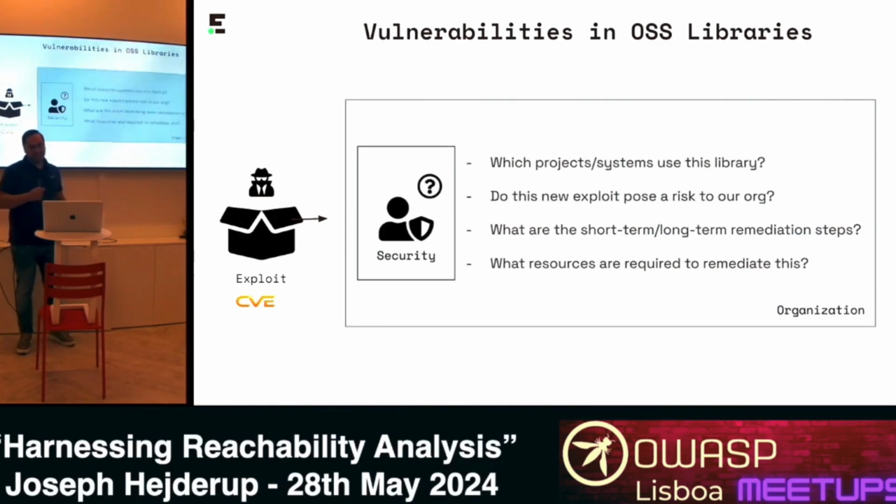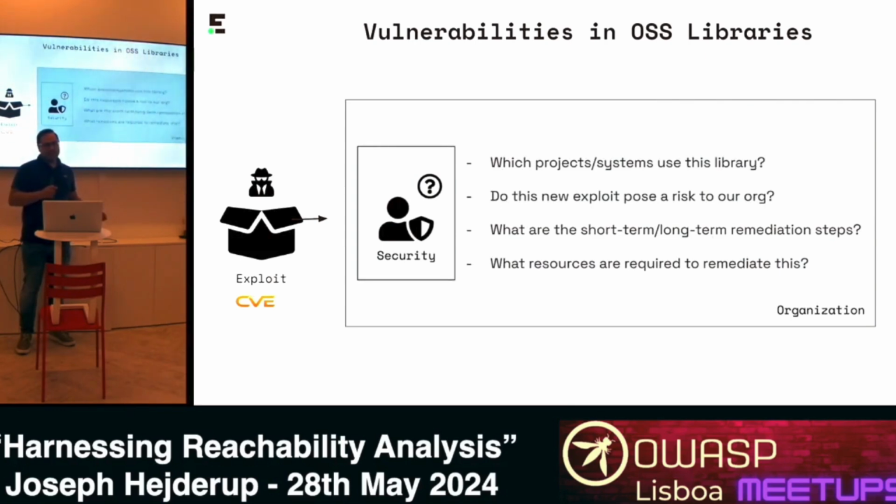is basically the exploit. Then, of course, the other question is that, okay, it might be a vulnerability, but every organization, even every project, uses a library in a very different way. So not all use cases may be risky in general. So there comes the other question: does this new exploit pose a risk to the organization? And then once you have done this whole process around first identifying where we use this library, and whether we have different use cases, and whether they matter in general,